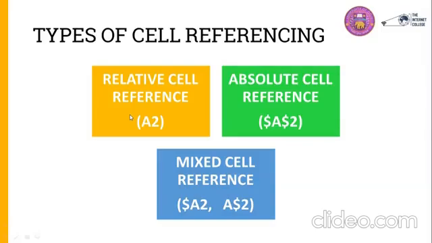So 3 kinds of references are there: relative cell reference, absolute cell reference, and mixed cell reference. Relative cell reference does not fix the row and column position. And if you use this in a formula and copy the formula, both the row and column position may change. Absolute cell reference, neither row nor the column position will change. Mixed cell reference, either the row or the column position is fixed. Which one is fixed? The one before which you put a $ sign. So let us go back to our data set in light of what we've understood and continue with the example that we were taking.